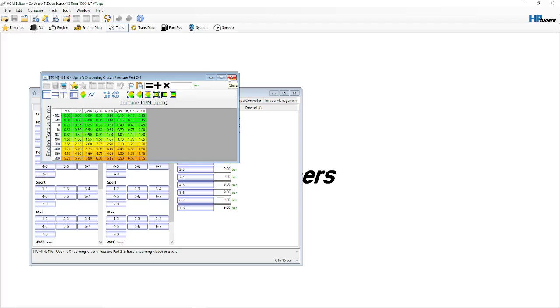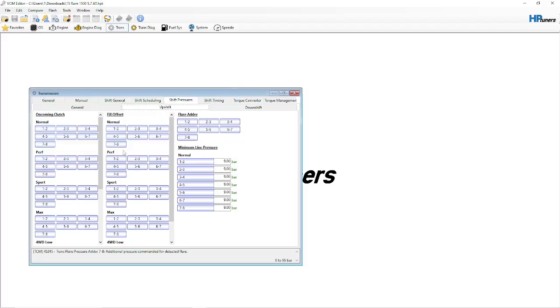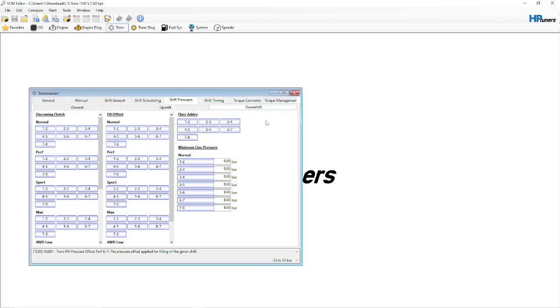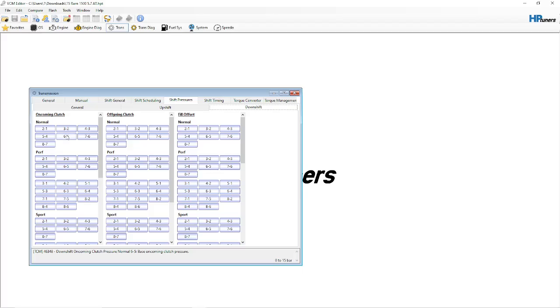So by changing these, it'll change the aggressiveness, the response, as I was mentioning about like on the hill or going from a stoplight, whatever the occasion may be for your overall necessity or need. Same thing with the downshift. This is real kind of important too. You can either make this real good or real bad. Typically, it's always a better thing when you do end up tuning these, but